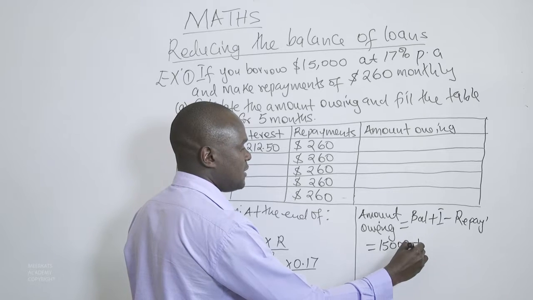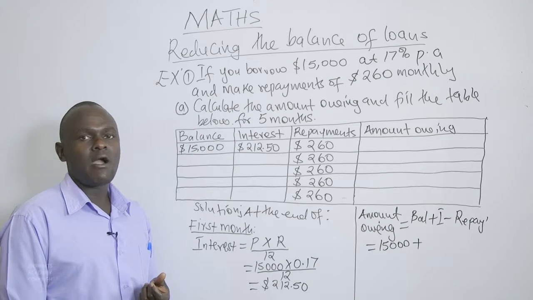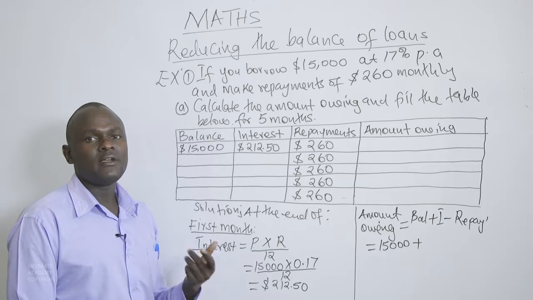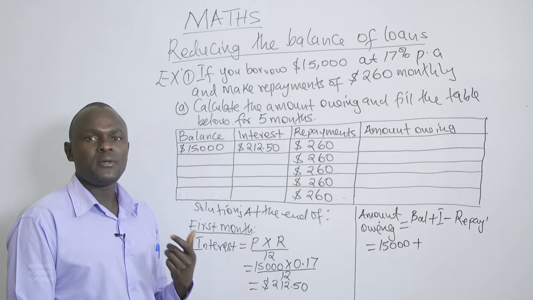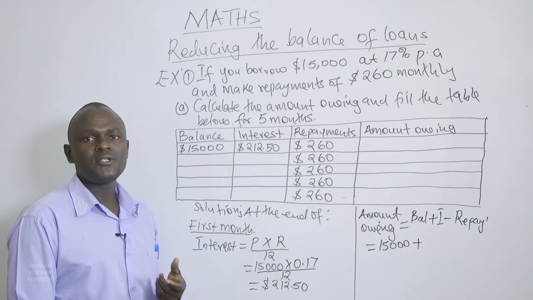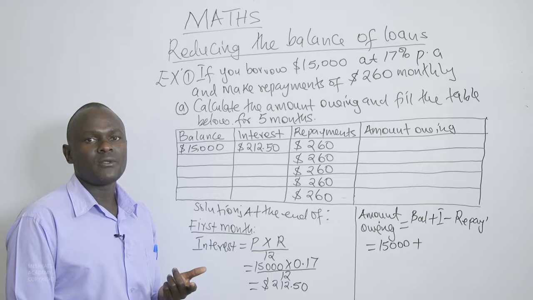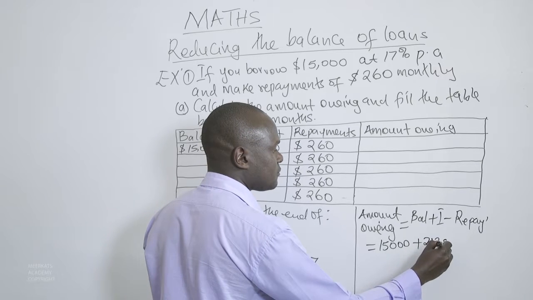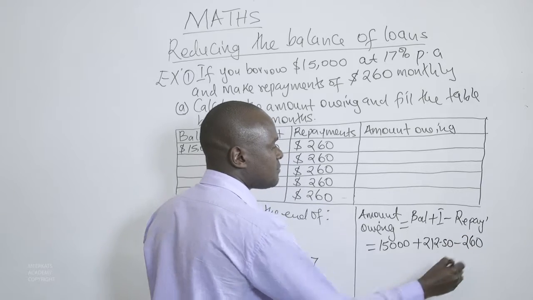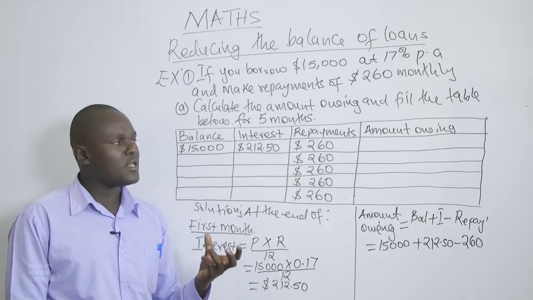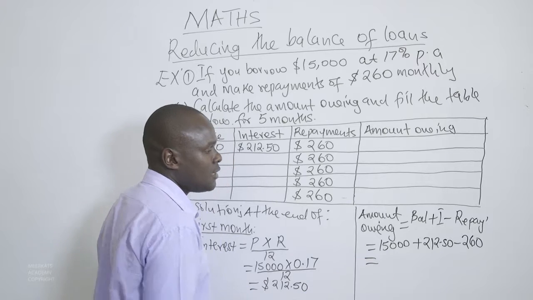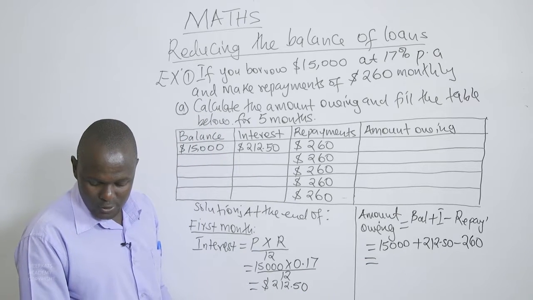$15,000 plus the interest, because when we are making repayments, remember in our earlier definition of repayments, we say that these are the regular amounts of money that are channeled to a financial institution for the purpose of repaying the loan fully. And the repayments were basically the principal amount that was borrowed together with the interests that are accruing. So the interest should also be included. And then we subtract the repayments to get to know the exact amount that is owed at the end of a given financial period. And this will give us the amount owed as